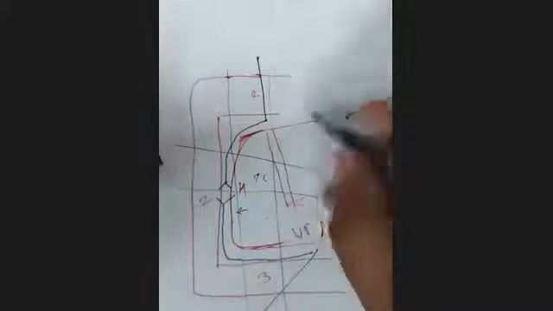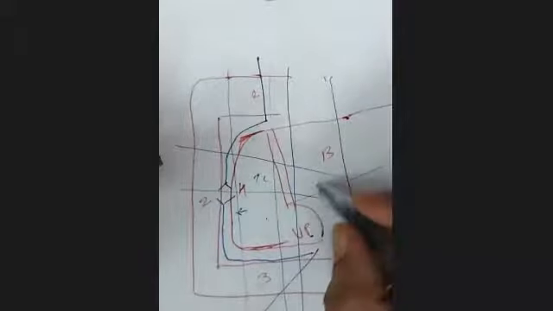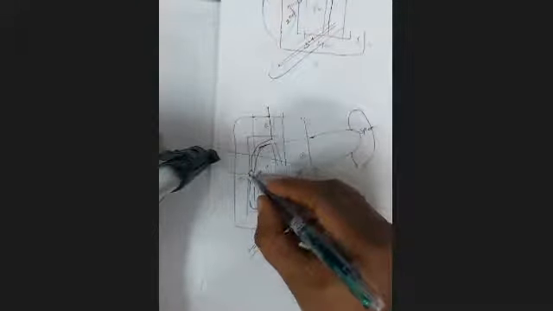Next to the IVC here will be the aorta. So the aorta will be related to the uncinate process on the posterior aspect, and on the anterior aspect, the superior mesenteric vessels will be going like this. The tail of the pancreas lies in the lienorenal ligament and will be related to the spleen. Also, in the second part of the duodenum, here is the opening of the bile duct and the pancreatic duct.